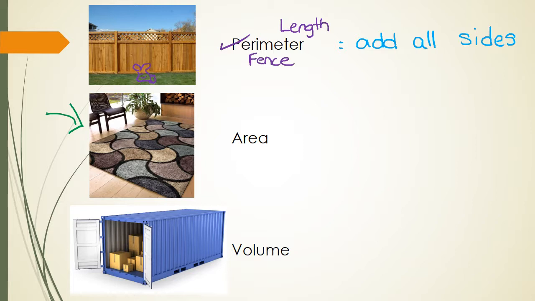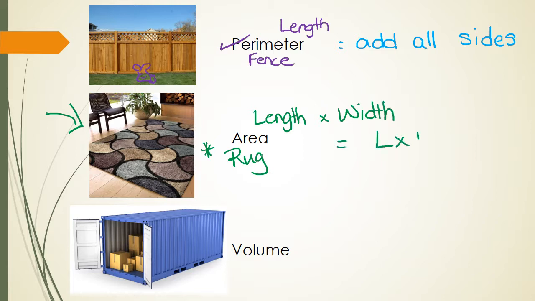Area, on the other hand, this here is an area rug. That is actually what they're called, area rug. So remember the rug. Okay, it's 2D. It has length and it has width. Okay, and that's actually the formula right there, is L times W, length times the width,